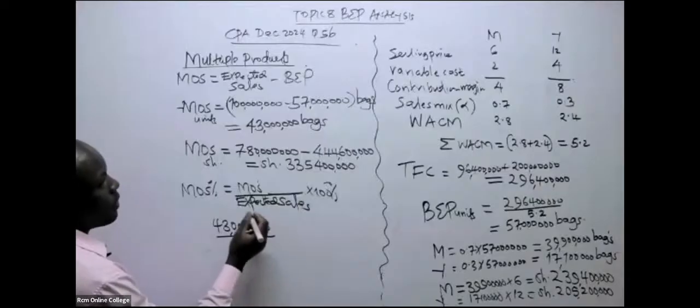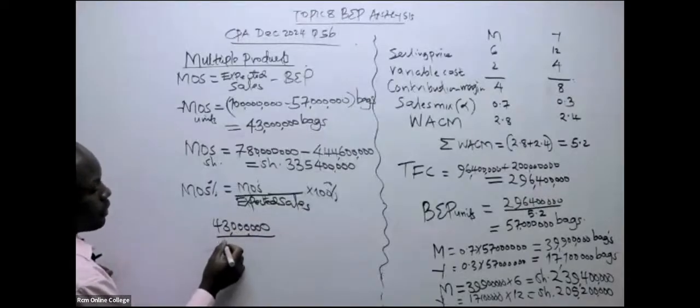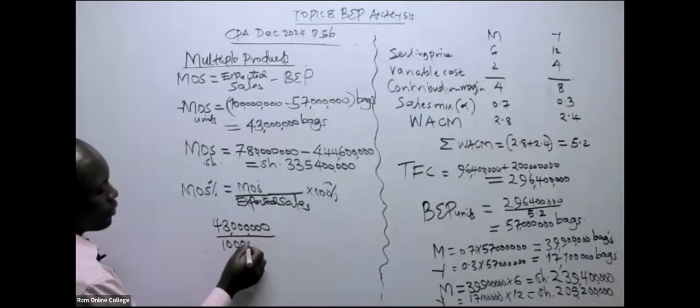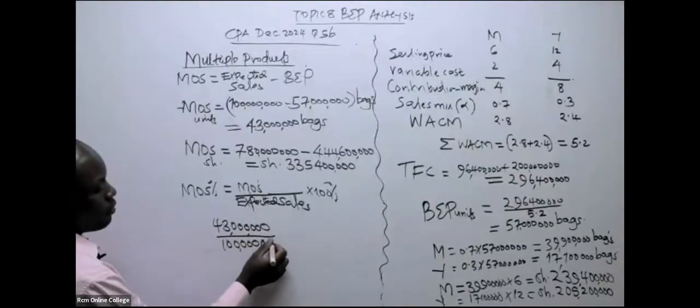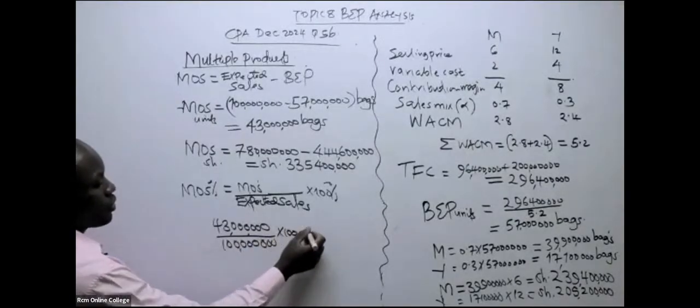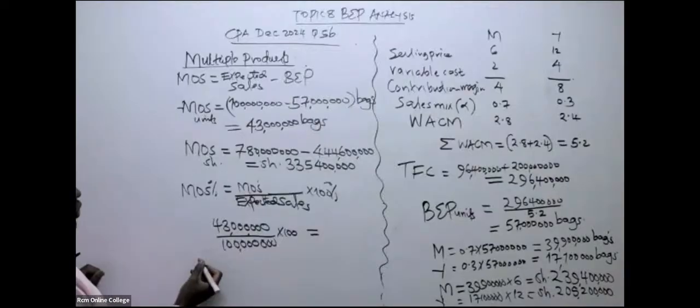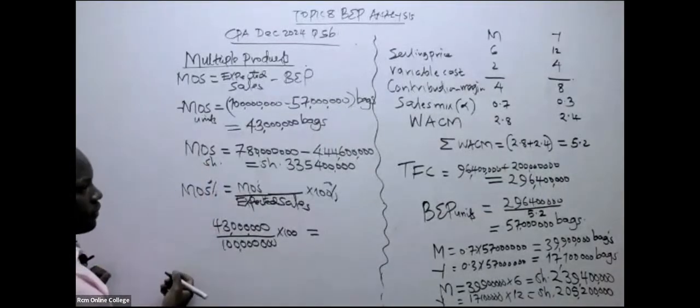43 million. We divide by the total number of bags or expected sales of 100 million, then we express as a percentage. Then we can also get it by use of the margin of safety in shillings. That is, so we can talk about or